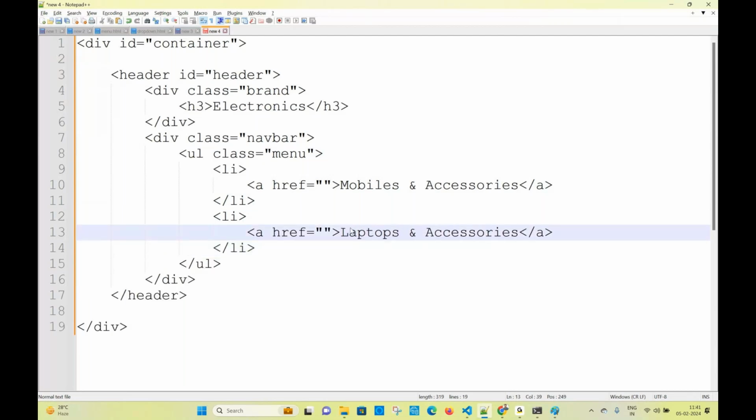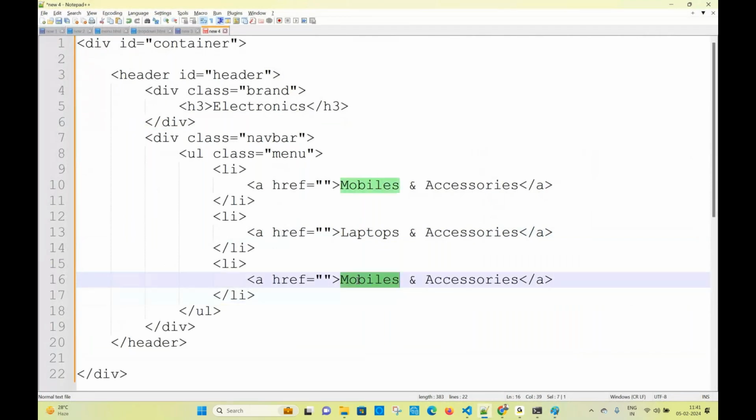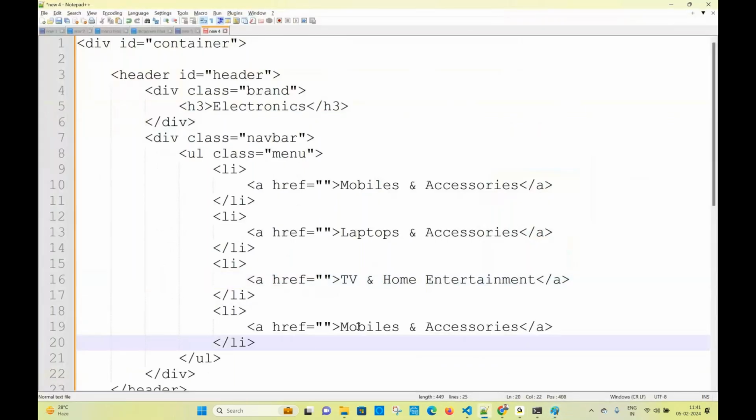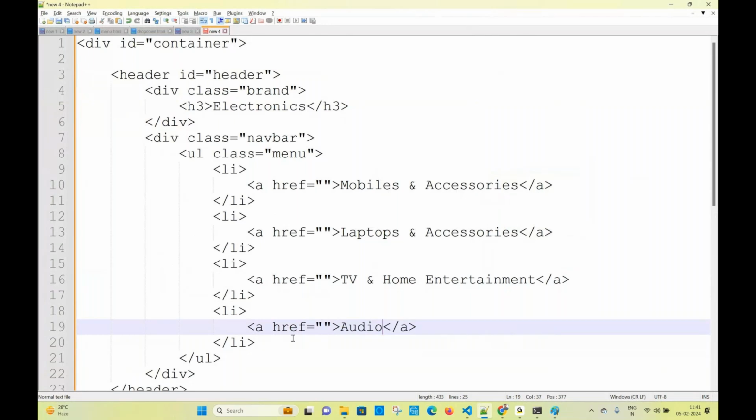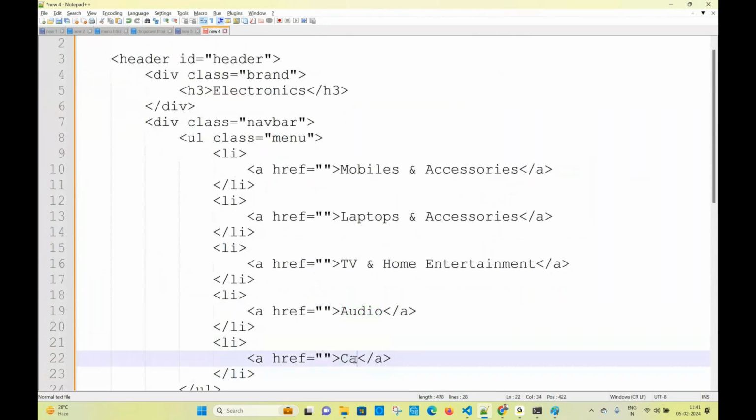What is the next menu item? TV and home entertainment. Right. What is the next one? Audio, cameras,